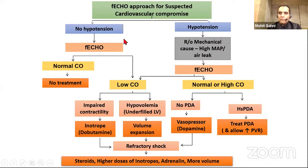So when we talk about the approach to babies in shock, if you do an approach with the functional echo, you first have to see whether this baby who is off color or whose perfusion is poor has hypotension or not. If there is hypotension, first rule out high mean airway pressures or pneumothorax. Then go for a functional echo. If there is no hypotension, do a functional echo and calculate the cardiac output. If the cardiac output is normal and there is no hypotension, do not treat. But if you don't have pneumothorax, did a functional echo, and there is a low cardiac output,